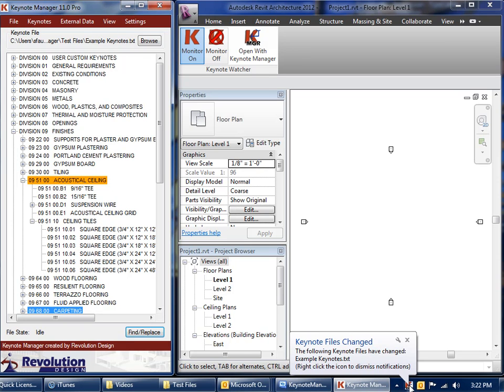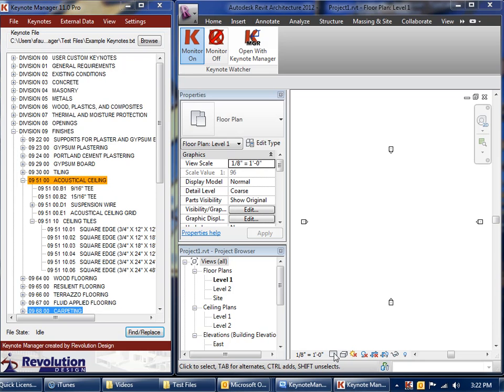This obviously is just a little balloon notification. It can be ignored if you don't feel like you need to reload it and get the latest data right now. You're welcome to ignore it, or you can look at it or whatever. If we do want to go ahead and reload this, we go through the main interface and reload our Keynote file like normal, and all you got to do is right click and say dismiss all notifications, and that little icon goes away until the next time the file is changed. It'll give you the same balloon pop up and